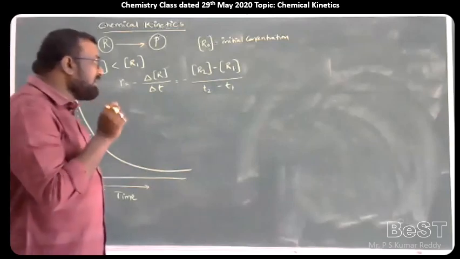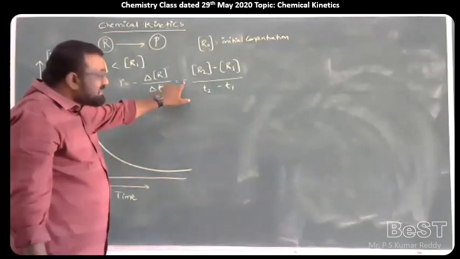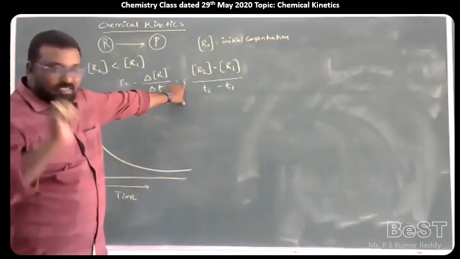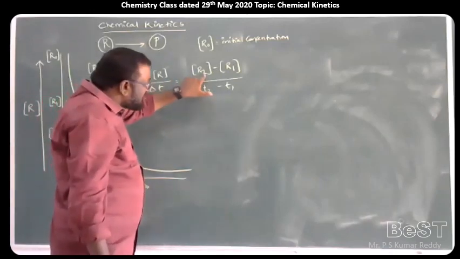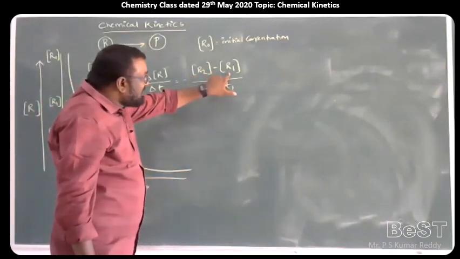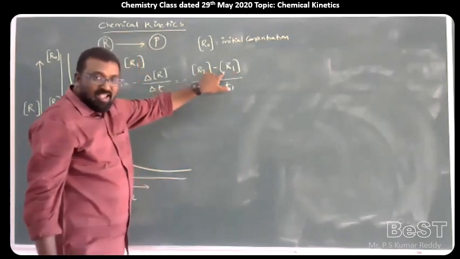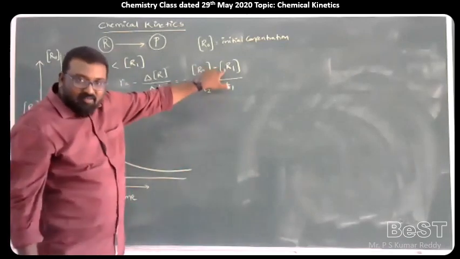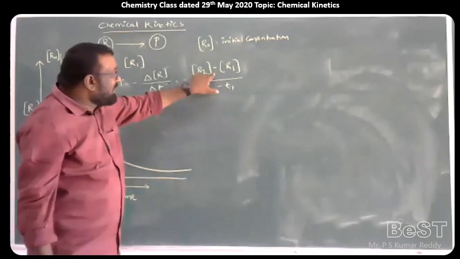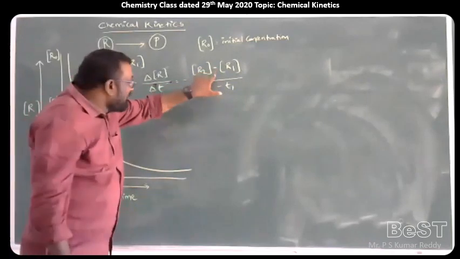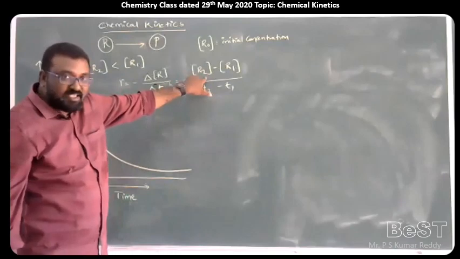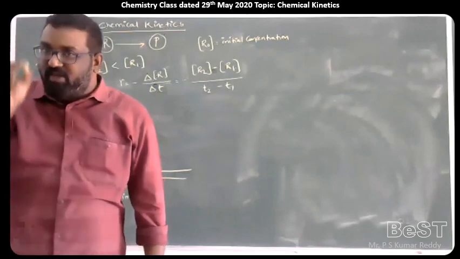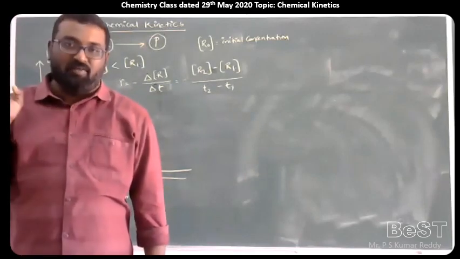Now, a small thing you have to remember here. This minus sign we are using to specify that there is a decrease in concentration of the reactant. Now, when R2 is a smaller value and R1 is a larger value, this difference will give you a negative value. Am I right or not? Negative value into minus, you will be getting positive. That is to say that the rate of reaction will always be a positive value. Velocity will always be a positive value. There is no chance of a negative value here.